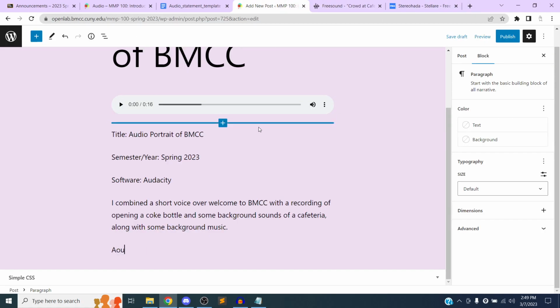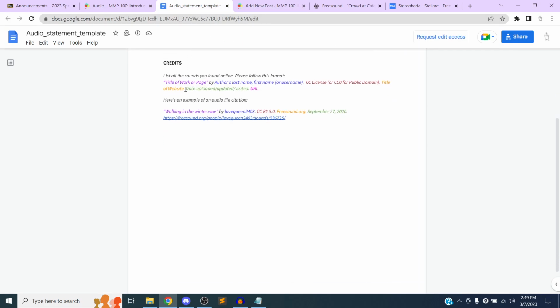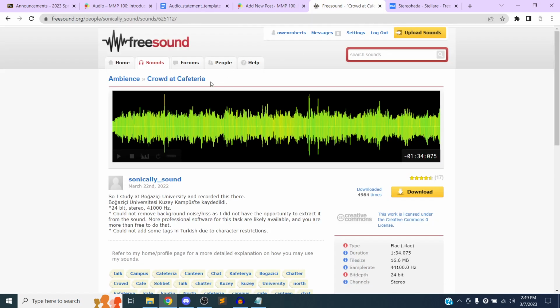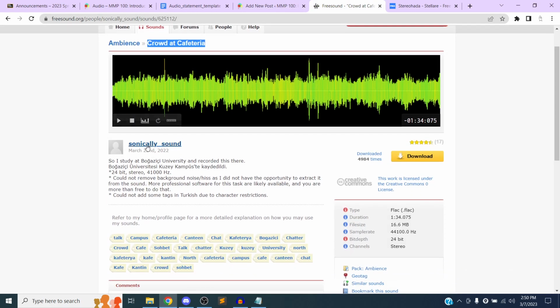So I'm going to say sound sources. And for this in the template, we have the title of the work, the author's name, the license, the website, the date uploaded, and the URL. So all of the information that we need. So the name of this work is Crowded Cafeteria, this recording. So I'll put that in quotation marks. And this is by, the username is